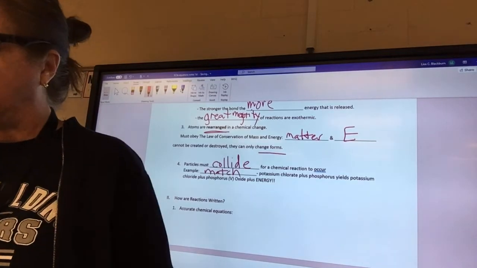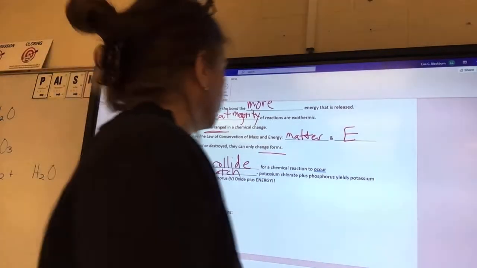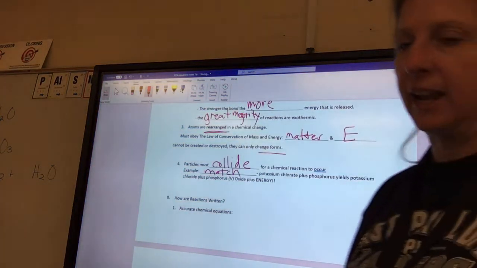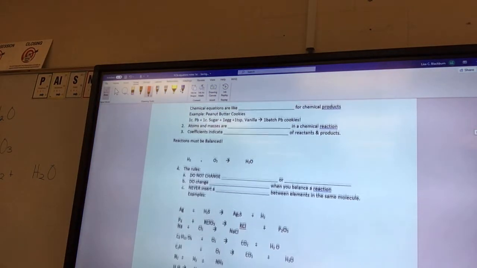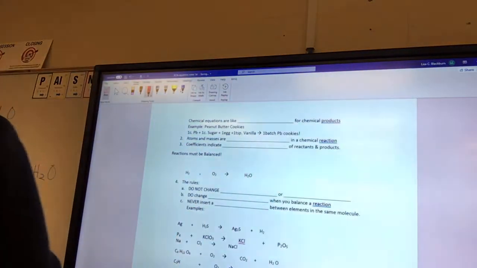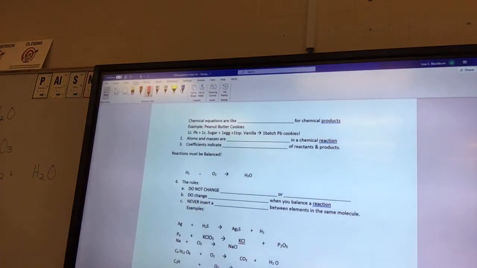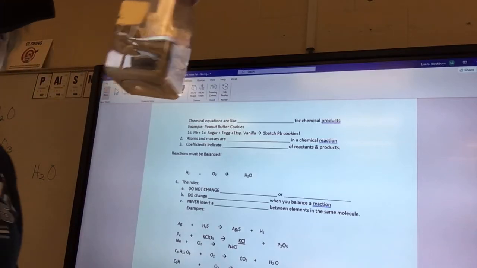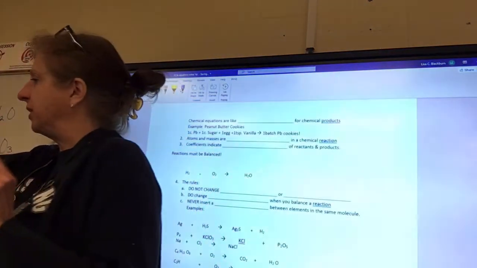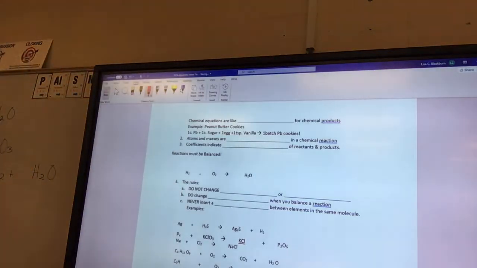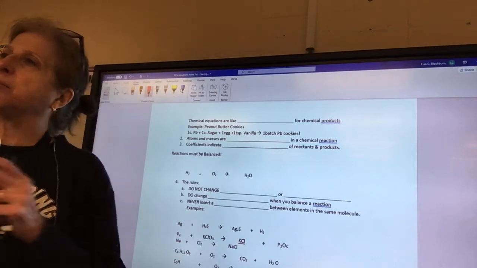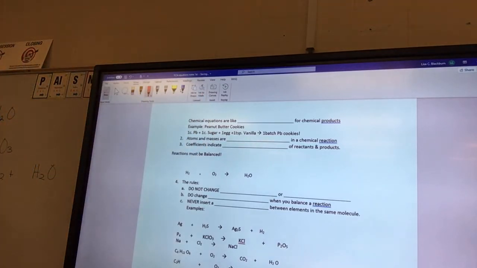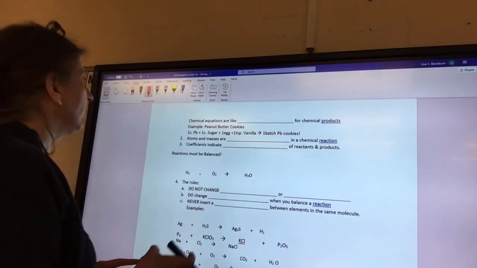All right, let's see. Now, what we do with these reactions. Accurate chemical reactions. We're going to go on to the next thing. Chemical reactions are like a recipe. So I make chemicals all the time. Like I made this. Here's a little calcium chloride I'm going to use for a demonstration in the next part of the notes tomorrow. And how I know how to make it is by using the periodic table and a balanced chemical reaction. Okay? So they are like recipes